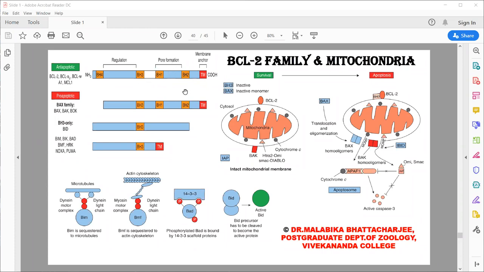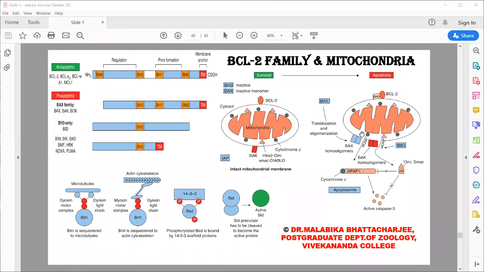They interact by these domains and remain complexed with each other. The moment a regulator is activated, it interacts with the BCL2 BH3, as a result of which it pulls off BCL2 from BAX. BAX is now free. The moment BAX is free, BAX are found as inactive monomers in the cytoplasm, or they may remain as monomers on the mitochondrial membrane. The moment BAX is free, BAX can translocate to the mitochondrial membrane.